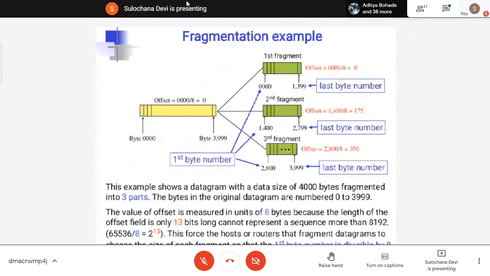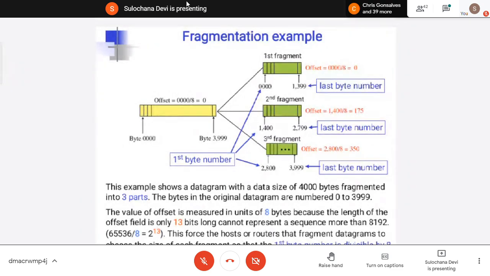This byte number always starts from 0. To calculate the fragment offset, the first byte is divided by 8. So in the yellow part, the byte 0 is divided by 8 and the fragmentation offset is set to 0.